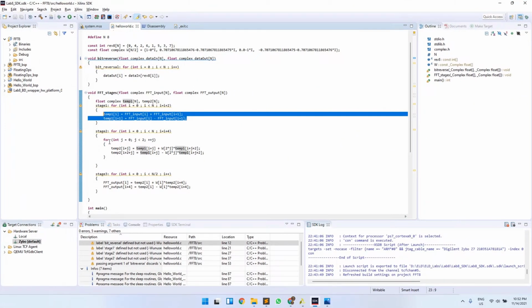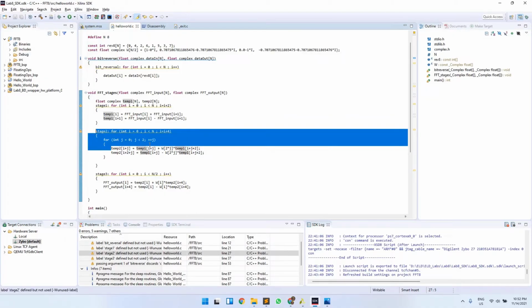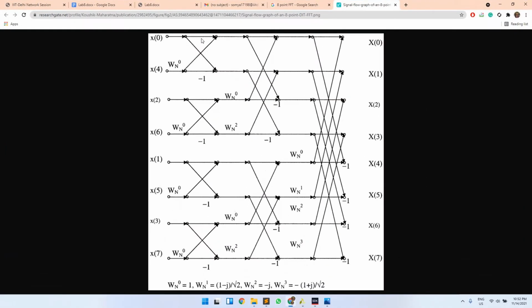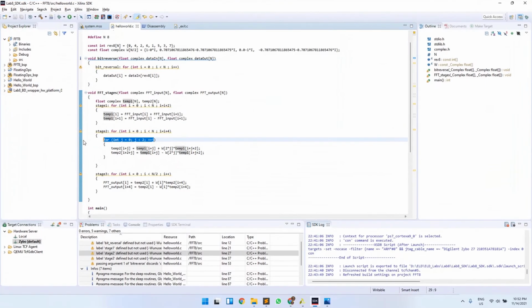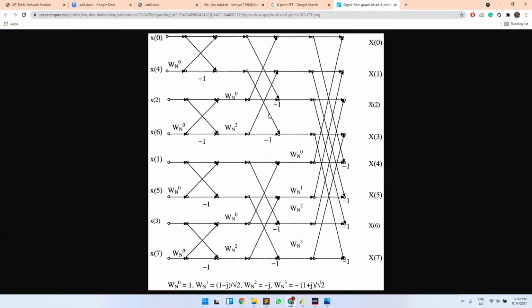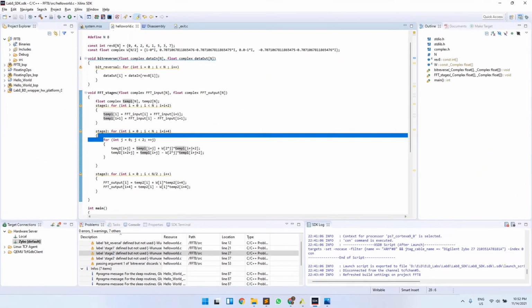For the second stage, we are using two nested loops. The inner loop is used to perform one butterfly operation internally, that is, here it is used to update the value for the x0 location and the x2 location, and the outer for loop iterates over these chunks of butterfly operation from this one to another one. After this, temp2 is the output from the second stage of FFT.